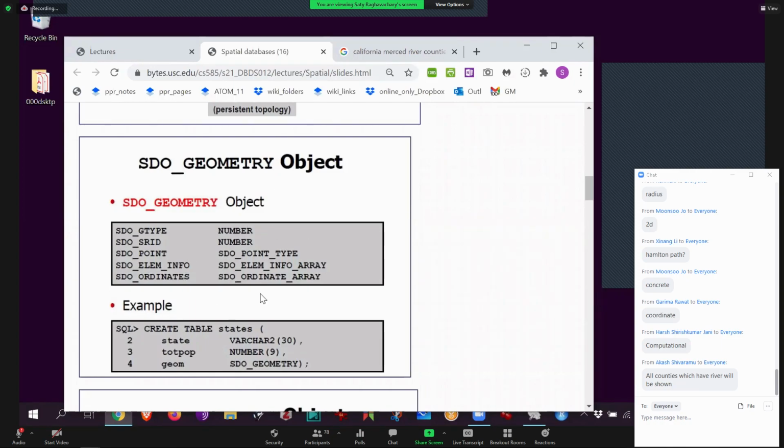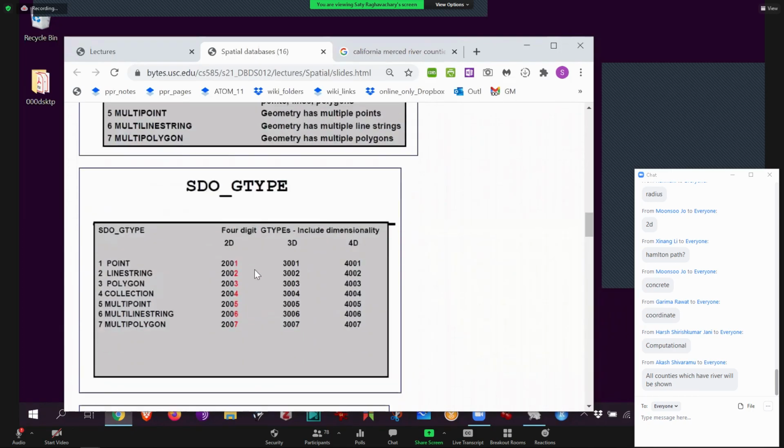Inside SDO_GEOMETRY, there's a field called G type, the actual geometry type, which looks like this. Say you take the number 3002 as an example. This means it's a 3D line string, meaning I drew a curve in space and gave it all the x, y, z values as an array. That is 3002. On the other hand, if I have 2002, I still store a line string, but now it's all 2D: x, y, x, y, and so on. So 2 stands for 2 dimensions, 3 for 3 dimensions, 4 for 4 dimensions. And then 1 through 7 stand for all these kinds of things you can store.